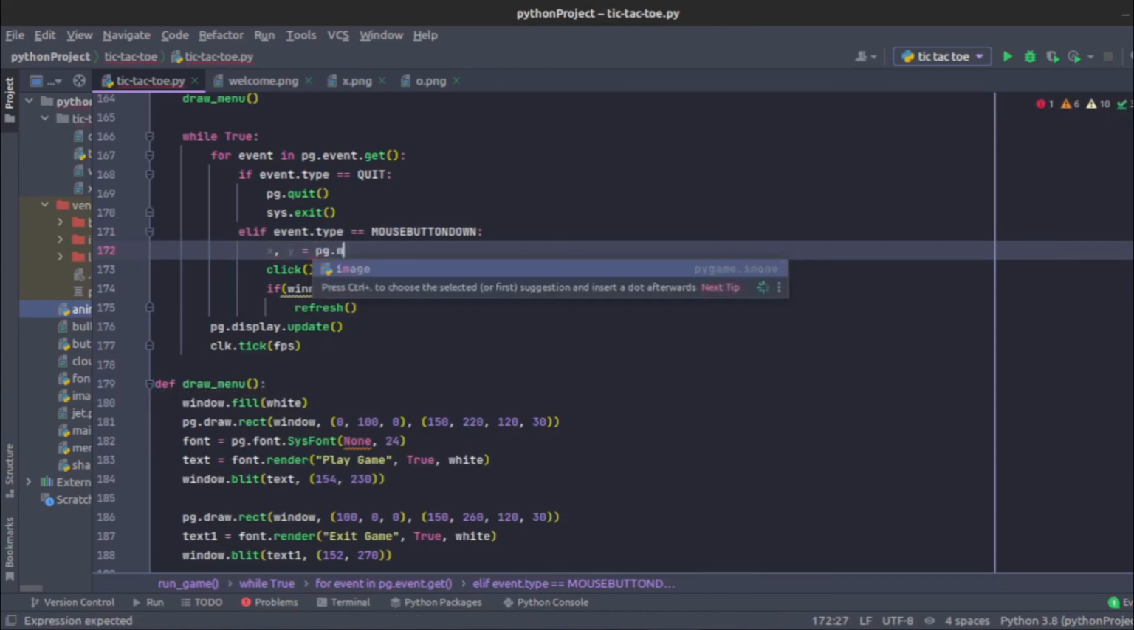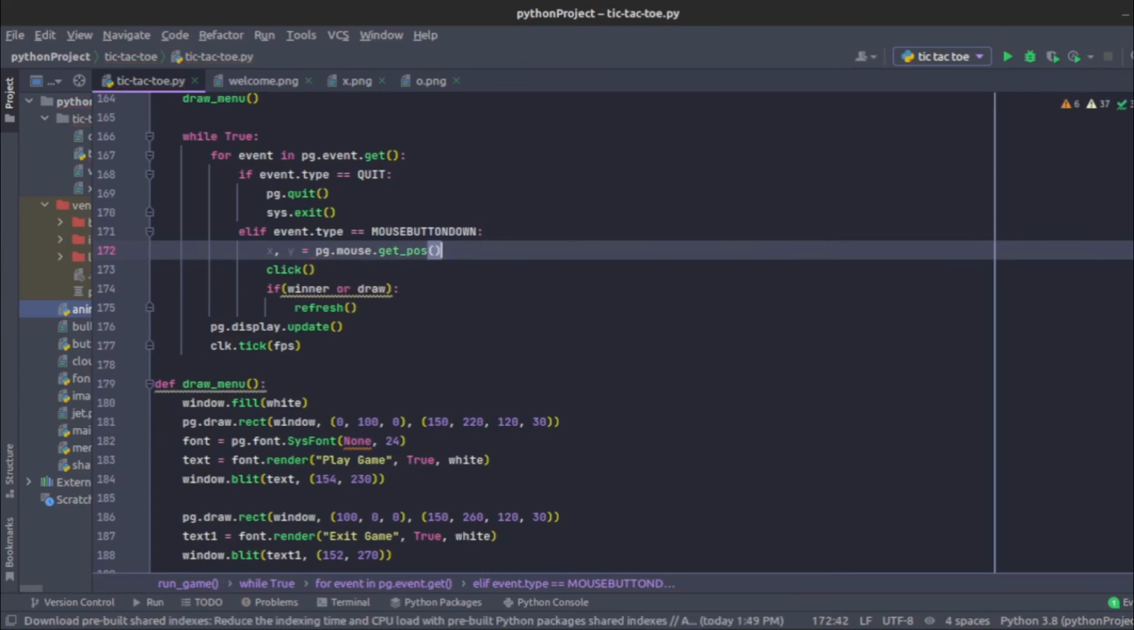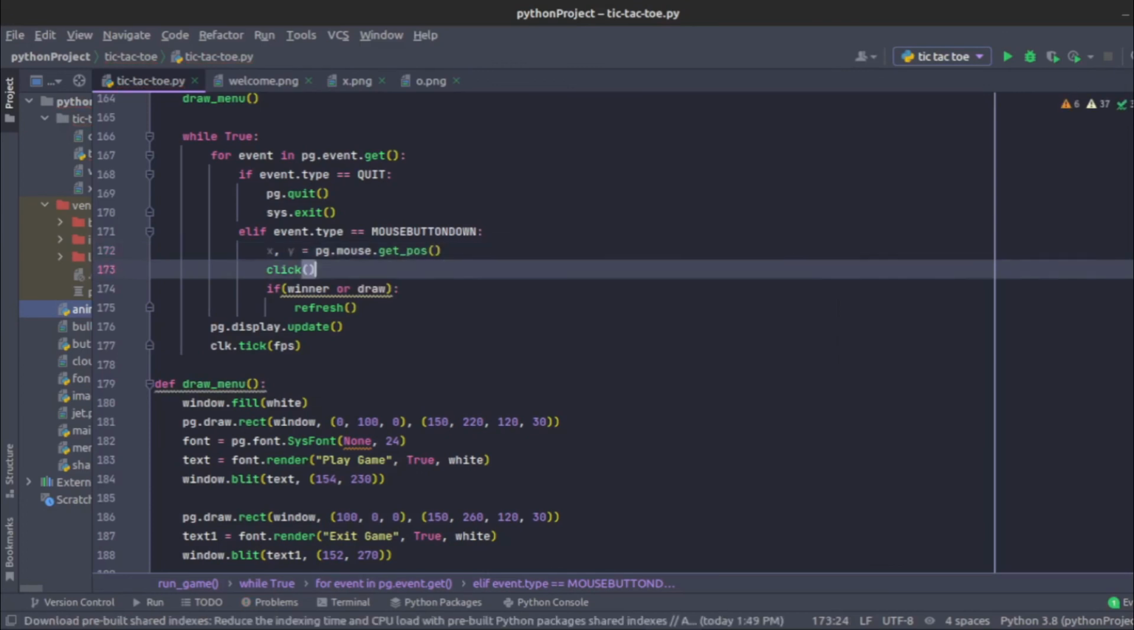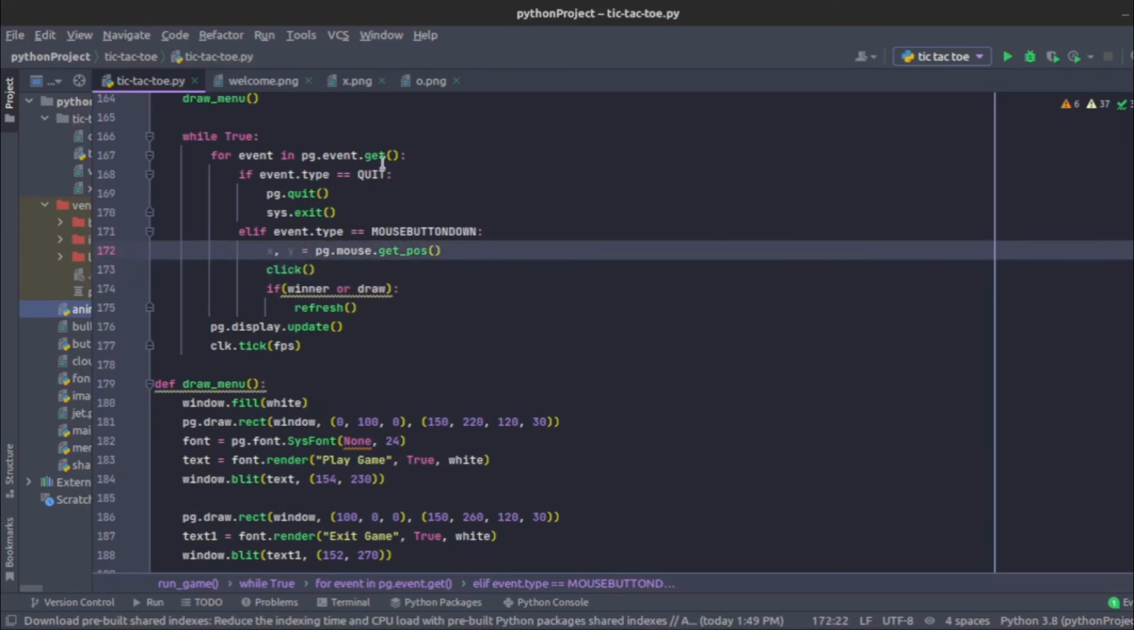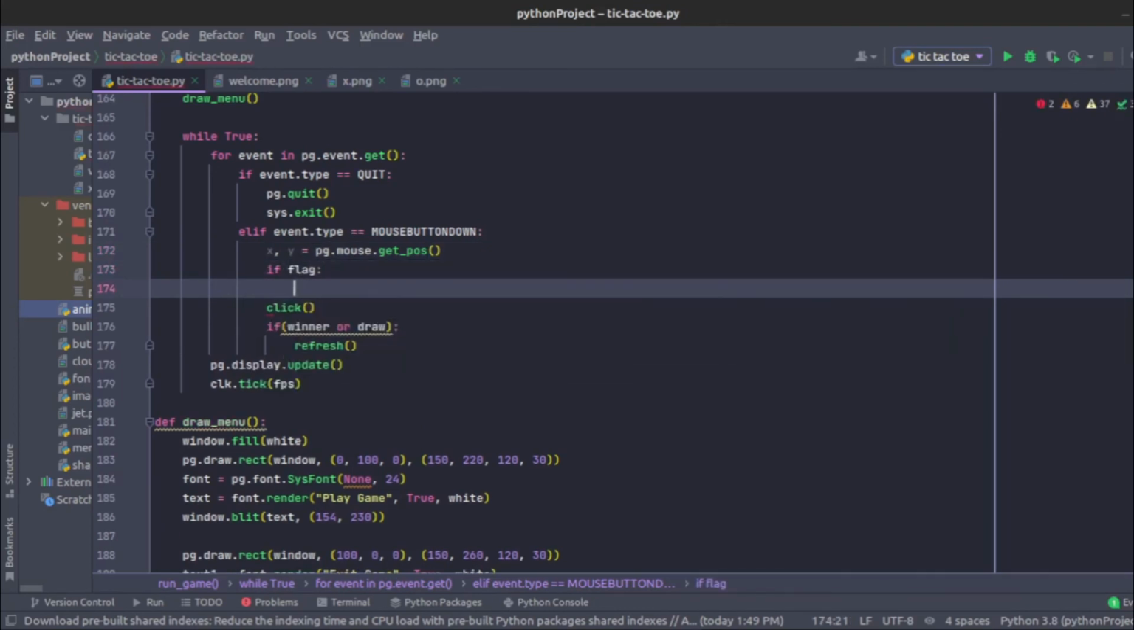So pg.mouse.getPosition. And then what we need to do before actually calling anything else, we're just going to check if our flag is true. And if our flag is true, we're just going to check which button we're clicking. So if the X is